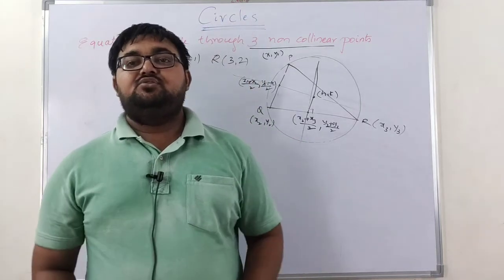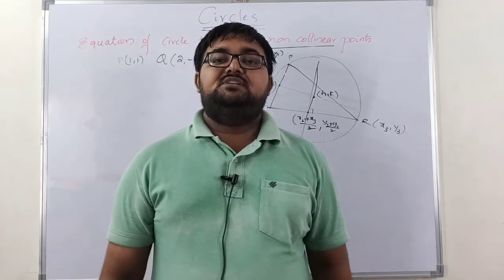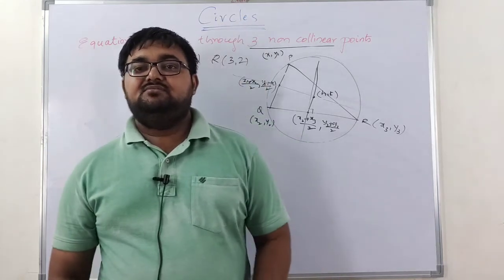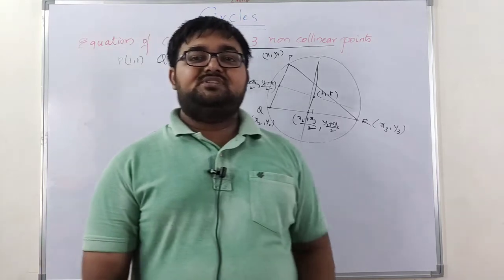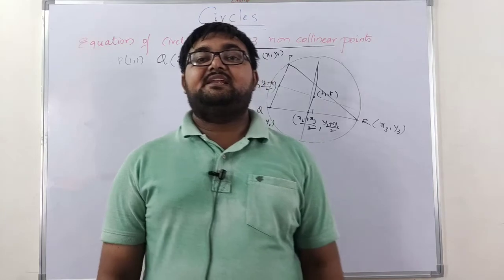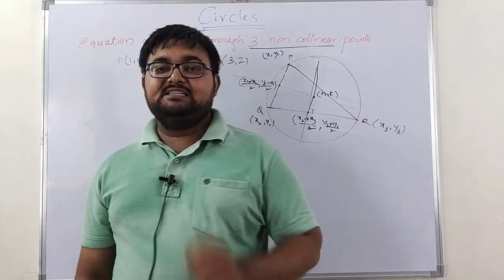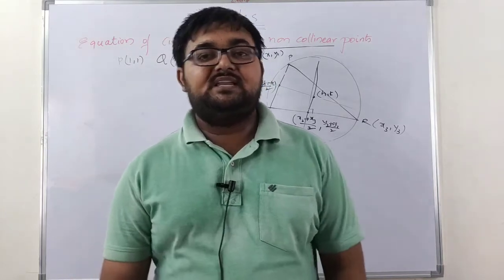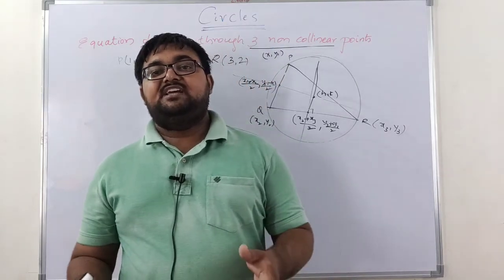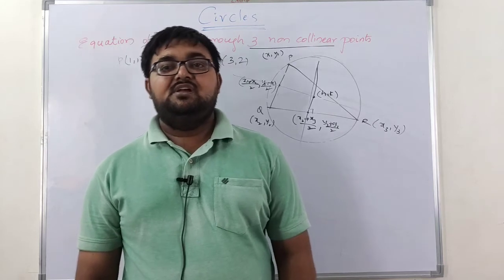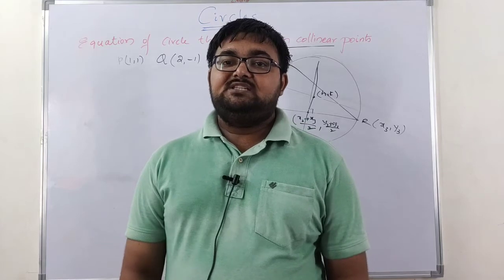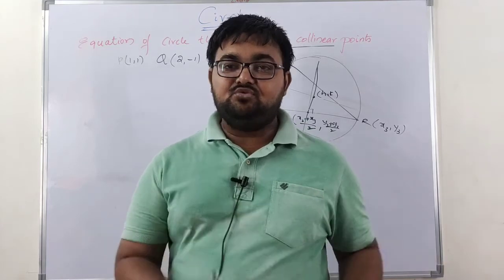So till now, to find the equation, what are the things that we have discussed? First, in the introduction we have discussed the properties of circles. Next, after that we have discussed the center radius form. So whenever center and radius are given, how to find the equation of the circle, and after that when extremities of a diameter of a circle are given, how to find the equation of the circle, and after that when three non-collinear points passing through the circle are given,